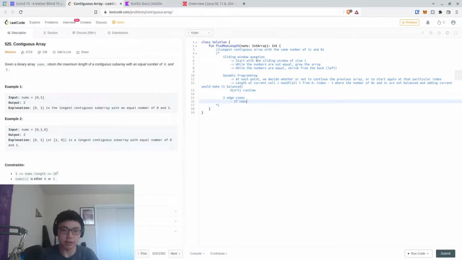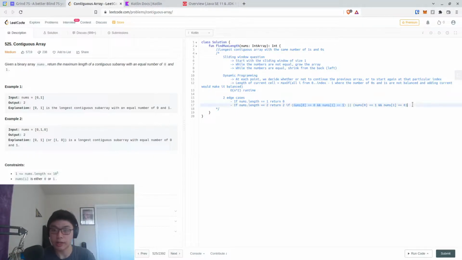That would be if nums.length is equal to 1, we return 0. If nums.length is equal to 2, we return 2 if (nums at 0 is 0, and nums at 1 is 1) or (nums at 0 is 1, and nums at 1 is 0). And of course these are in parentheses. The idea is that if there is a size of 2, then they either have to be 1 and 0, one or the other, for each, or it's not balanced at all, and we can't make a contiguous array out of that. Okay, when we expand it to size 3,